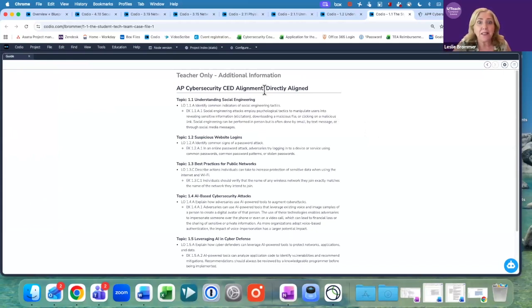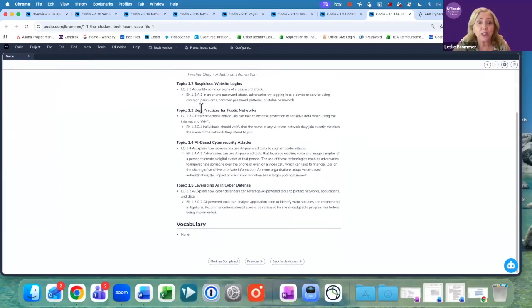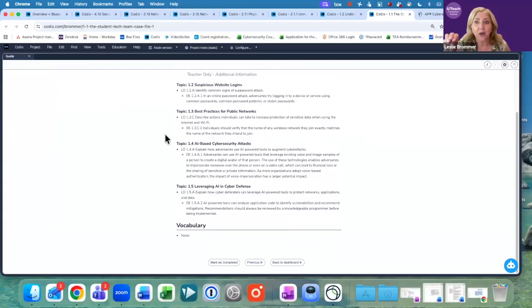So in this example, I say this lesson is directly aligned 100%. Here's the topic, here's the learning objective, here's the EK. And then we have a lot in this first lesson because I actually incorporated all of the Unit 1 scenarios into this one assignment to get the kids engaged in the classroom. Then down here, we've got vocabulary. Any vocabulary that's called out in an assignment, you as the teacher will see listed here, and then I'll show you how it's called out for students to know.